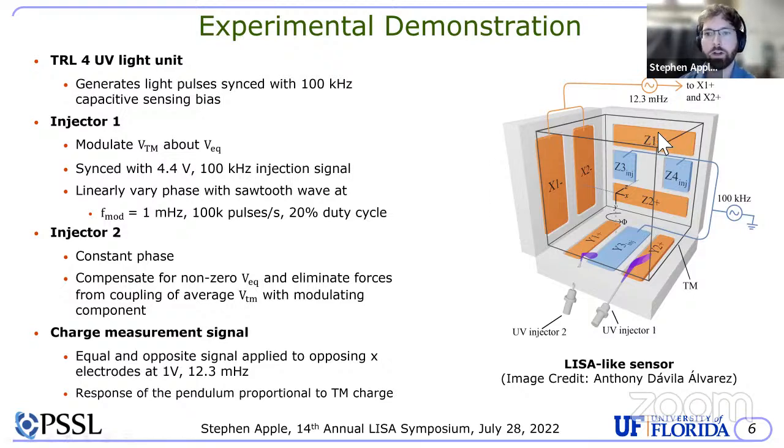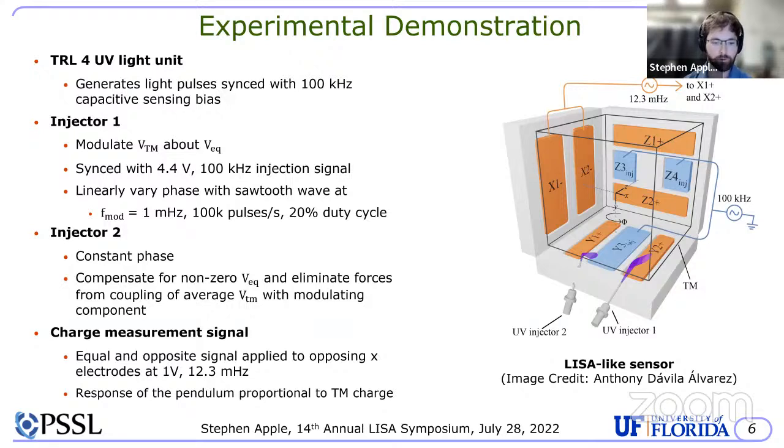So this image on the right here is showing the setup for the experiment. So this is our sensor. You can see in this experiment, we have one UV light injector, this UV light injector 1 here, which is used to modulate the charge of the test mass. Then we have a second UV light injector that is being shined at a constant phase and just being used to compensate for the non-zero equilibrium potential and eliminate forces resulting from the coupling of the average test mass potential